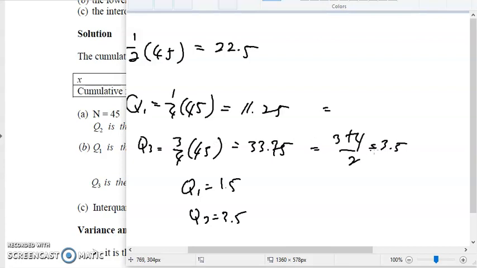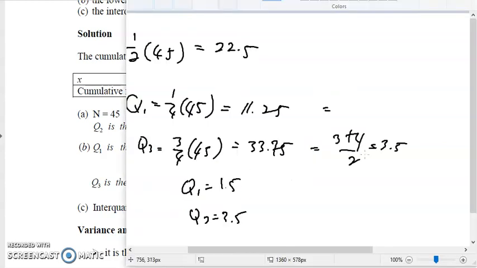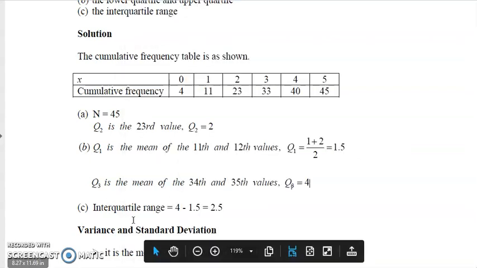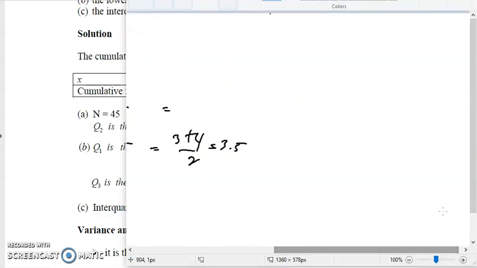For Q3, you just calculate 3.75, right? 3.75 is somewhere in between here. So the x that we're having is between 3 and 4. That's why we are going to have 3 plus 4 divided by 2 is 3.5. So Q3 is 3.5, Q1 is 1.5. And then for the interquartile range, it's not this one, okay? It should be, as for question C,